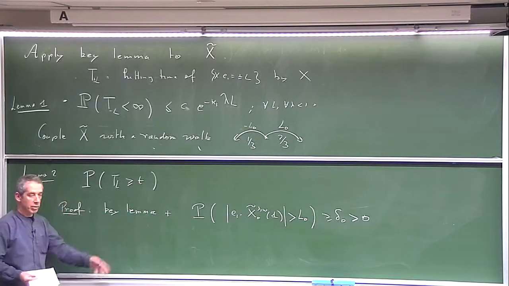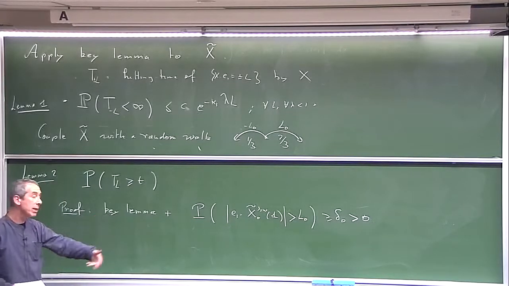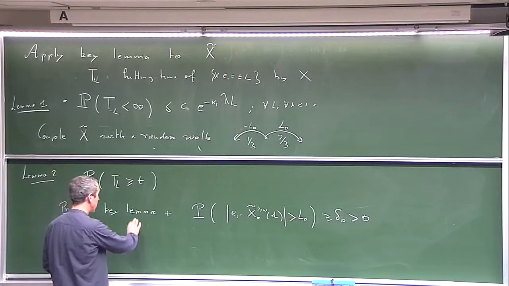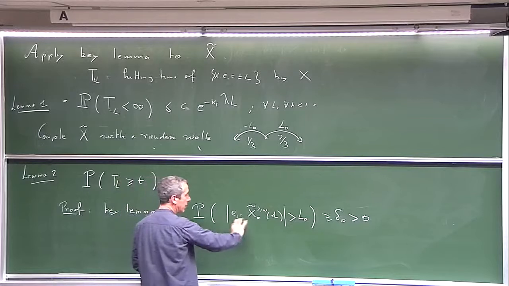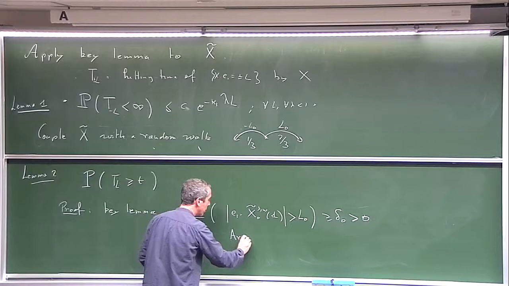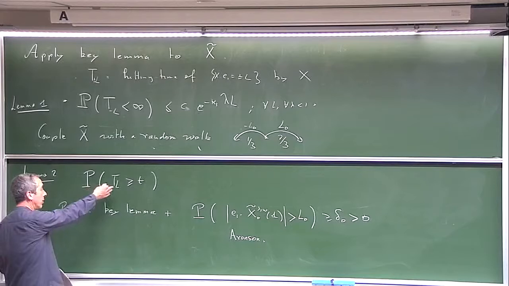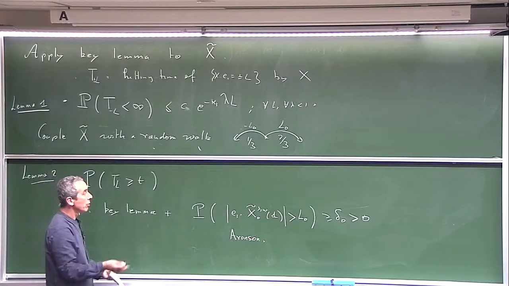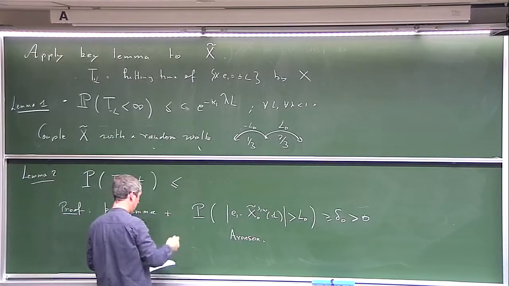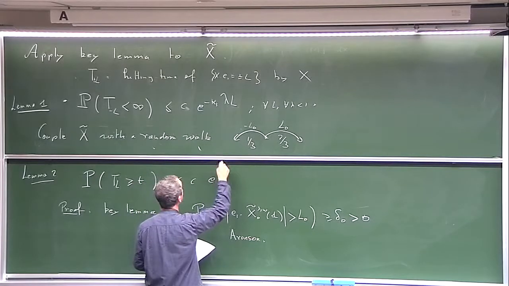So by time 1, you have a certain probability of leaving the slab, and then you are more likely to leave it from the right, and then you iterate this, or you make another coupling with a random walk with a bias. So the key lemma is okay, and then this is just a local estimate. So that follows from the Aronson estimate. And then you get a bound on this probability, which is the one that you would get for a random walk with a bias. So this is going to be less than maybe some constant, exponential minus some other constant kappa 2